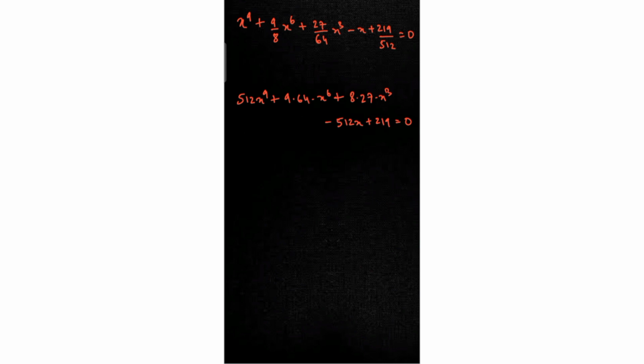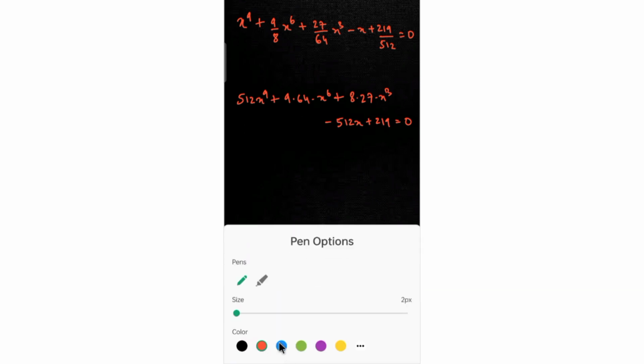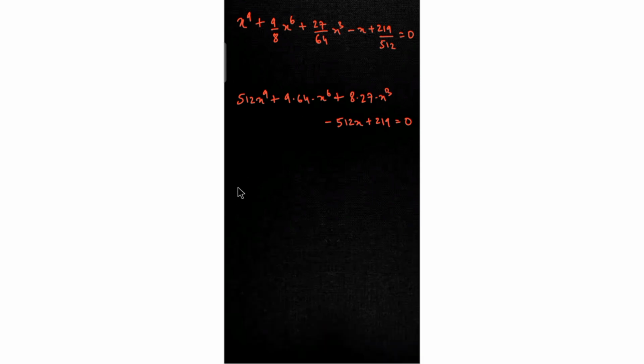The next step is basically just to observe the things that we have. 512 is basically 8 cube, and x power 9 I can write as x cube whole power 3. So finally I can simplify this whole term as 8x cube whole cube. Fine, so this is what I'll write. Now this is 9 into 64 into x power 6. Again we could find the term 8x cube. 8x cube whole square is 64x power 6. So I'll write that: 9 into 8x cube whole square.